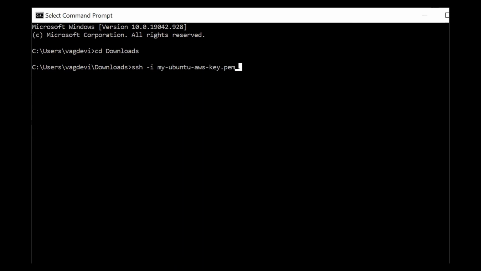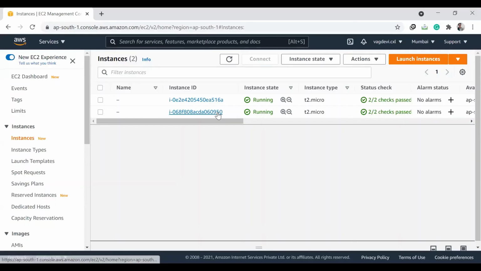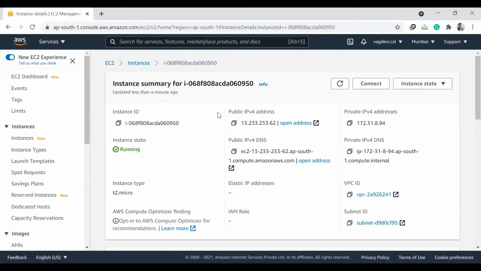Then we shall connect to that instance using the IP address of that. Here, when I click on this, this is the public IPv4 DNS. We will be using this in order to connect to this instance. Copy this using this symbol.